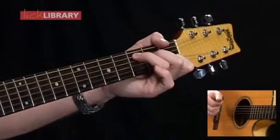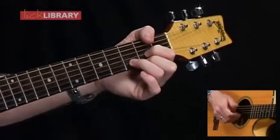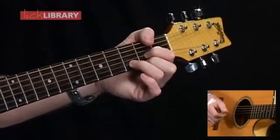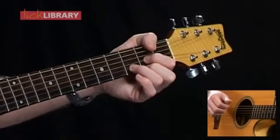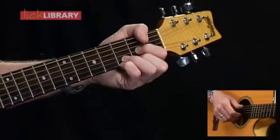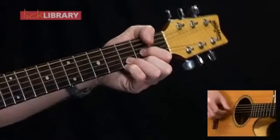Now we play a C chord, and we just grab the whole chord together, and then play the top half. Now we play the D chord. Okay, we're just playing the top 2 strings and the D string. Then play the G string, and then add your little finger on the top E at the 3rd fret to turn that into a sus4. So you get,